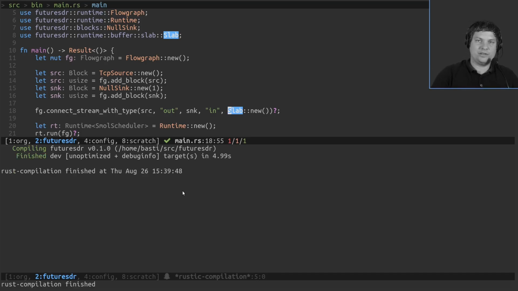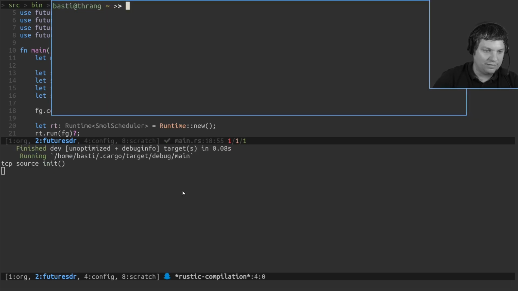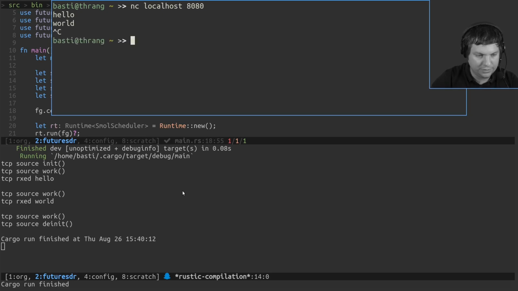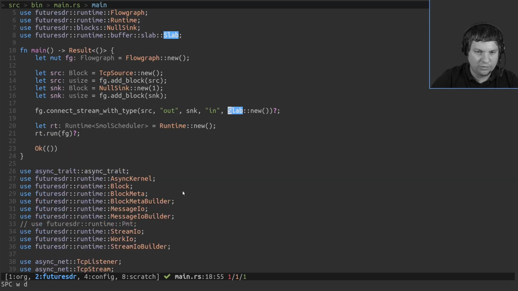This buffer, for example, would be used by default if compiled to WebAssembly, a target where we cannot pull this trick with circular buffer. You can also run it, still have this TCP source there, and see localhost 8080. I hope it still works. Hello world, looking good. Okay, so we have different types of buffers.